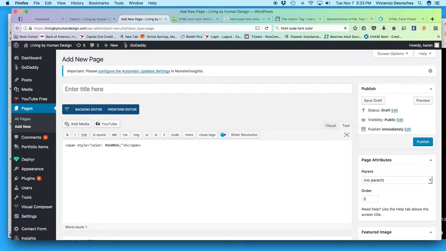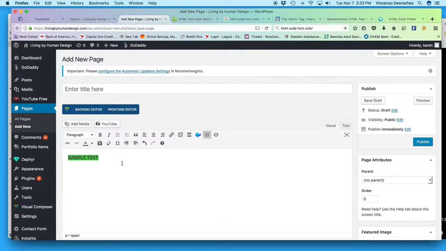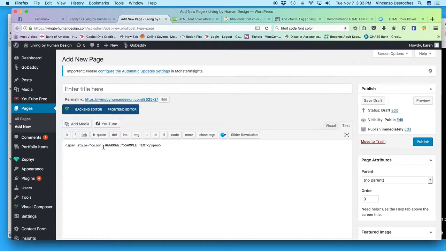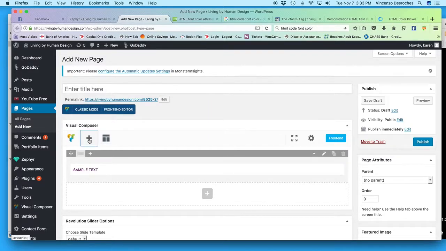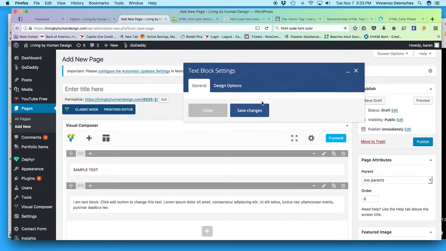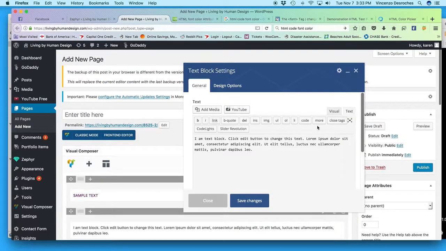So sample text. And then when you look at it in a visual form, you'll see that that text now reflects that. Now at this point, you can make it bold, underlined, indented, etc. But once again, you'll use this code in the text environment of the website. And that same thing works even if you're adding, just like we did earlier today in the tutorial, if you're adding a text environment, make sure that you're using text on this end versus visual, and then implement that code